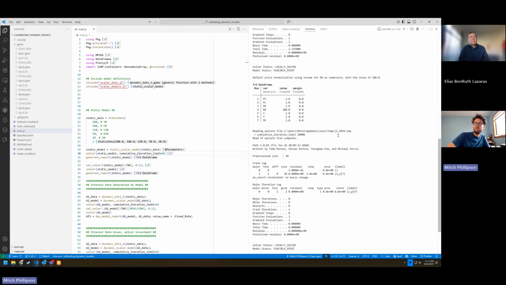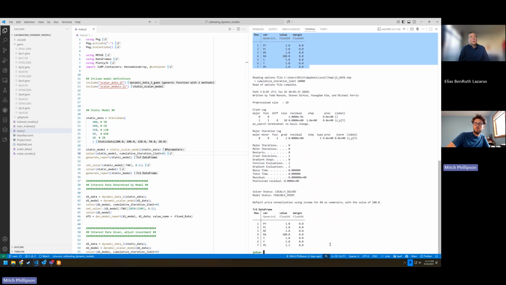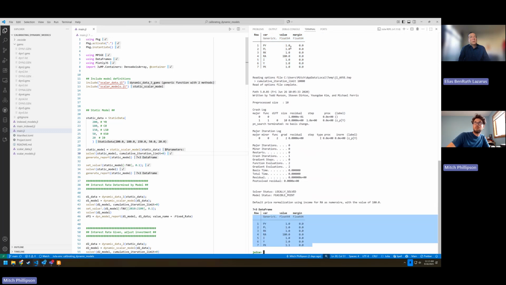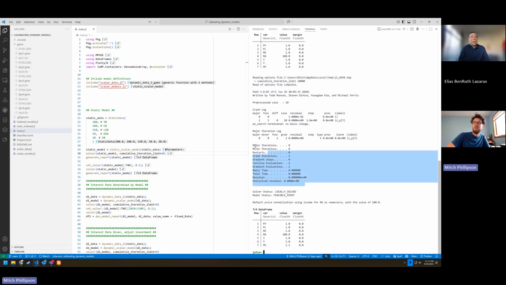Something kind of cool I found about this model. Here's the benchmark. Here's with a 10% tax. Top, bottom. This threw me for a loop for quite a while because they're the same, and this had no solution. I was like, what in the hell is happening? I finally realized this one has 1.1. All it did was raise the value of capital. A 10% tax raised the value of capital by 10%, and